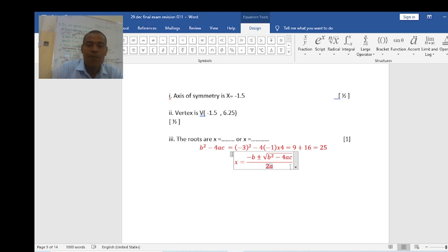This is the formula. So x should be equal to, therefore,